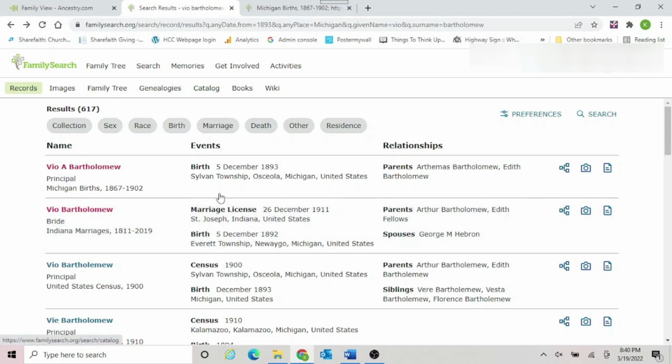But I noticed one thing right off the bat. The birth date on the birth record is December 5th, 1893, and the birth date on the marriage record is 1892. Now, whether that is a mistake in whoever created the record, whether they were given the wrong information,